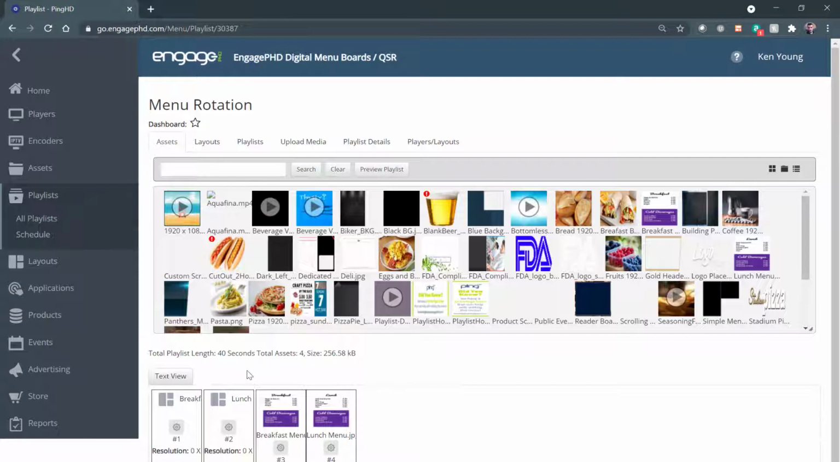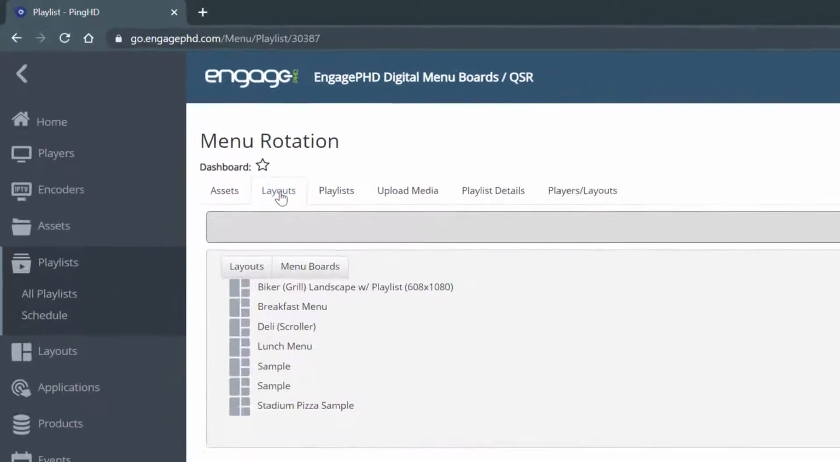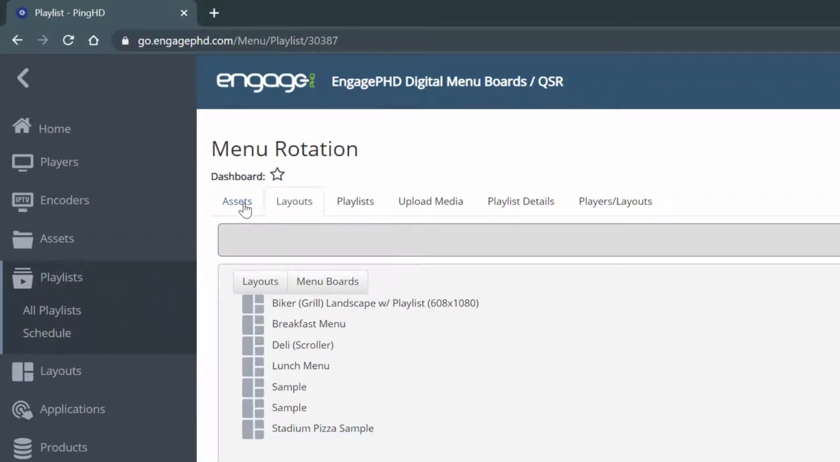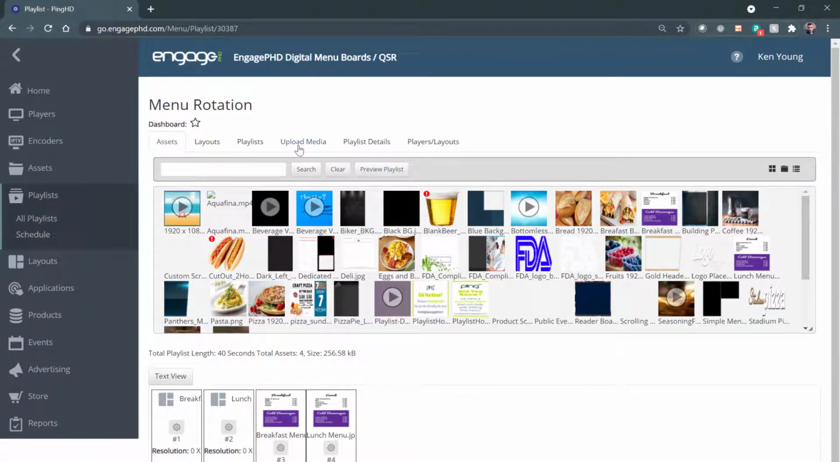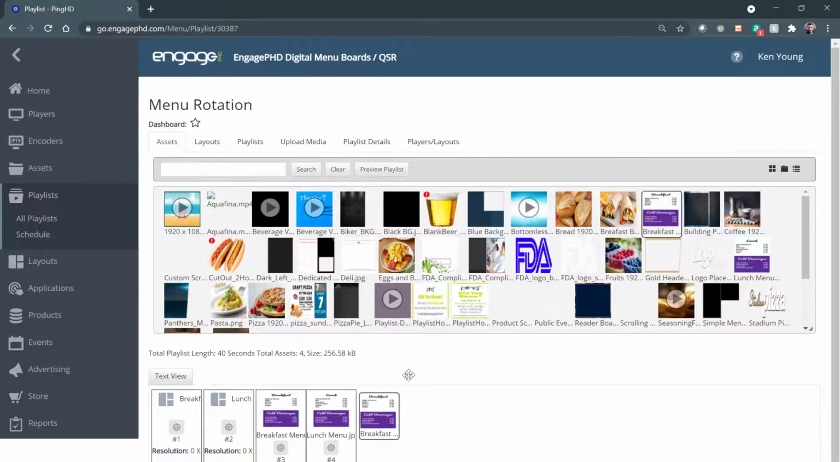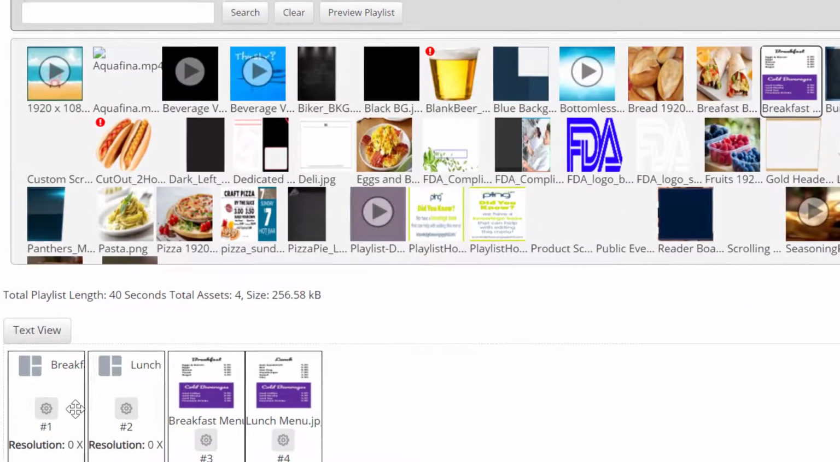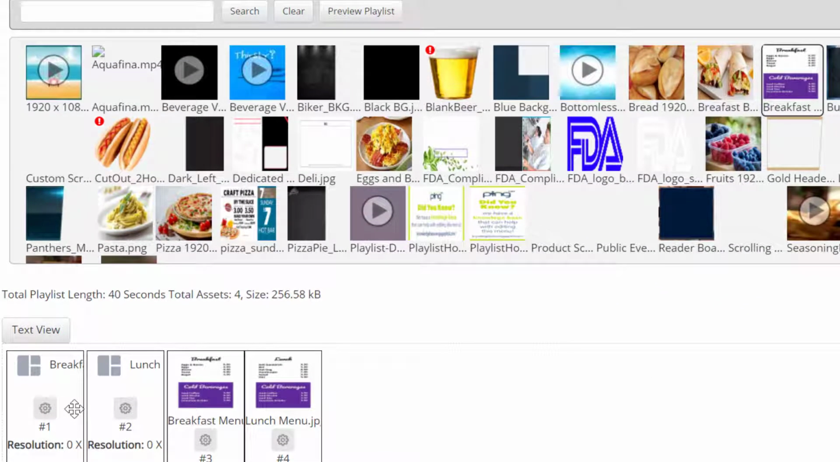So in this example playlist, I have two layouts, which were added through the Layouts tab. And then the Assets gave us the option to upload, through the Upload Media tab, a couple of static images. So I have a breakfast JPEG and a lunch JPEG, and I've added those to the playlist timeline. So regardless of the content that you have, videos, images, or layouts, the little properties icon here allows you to